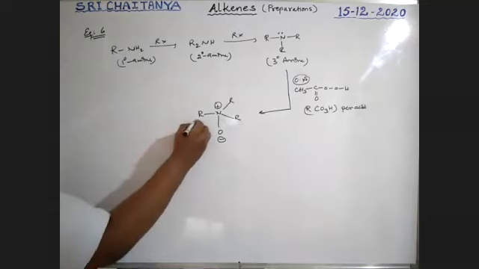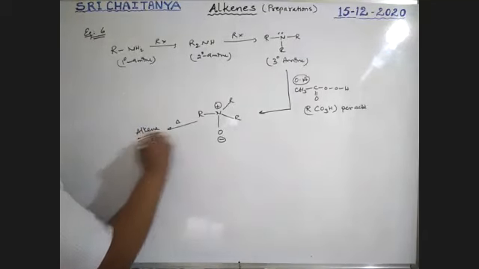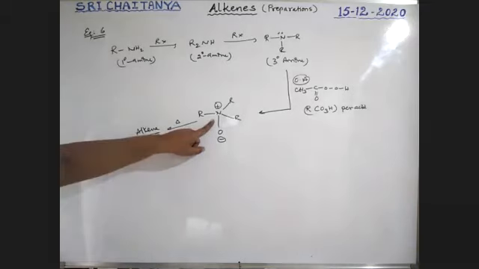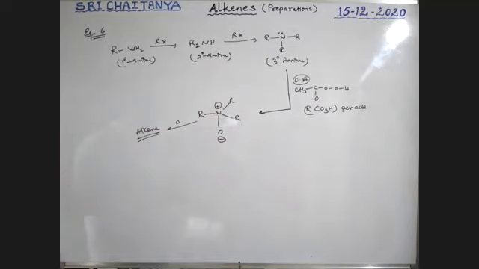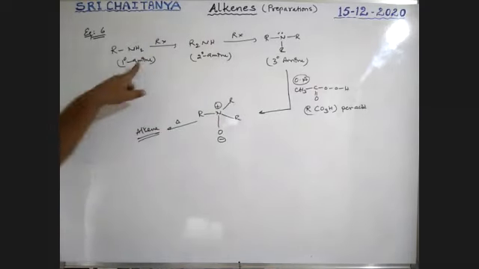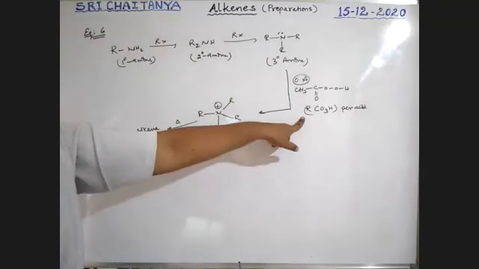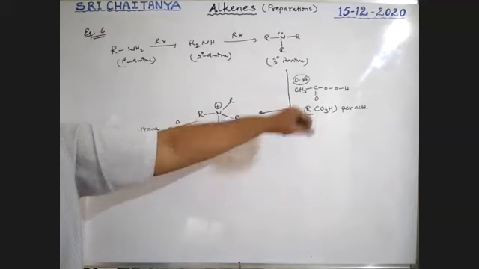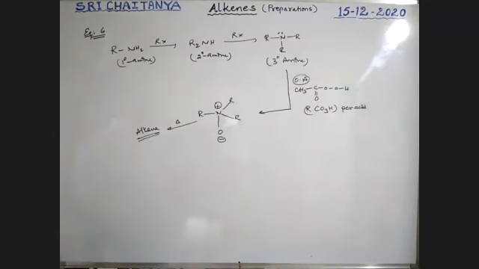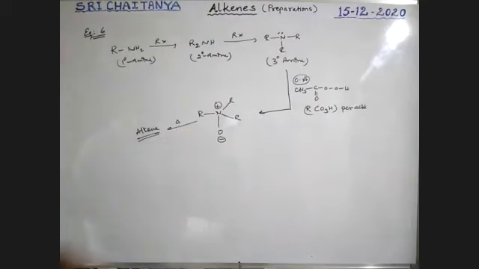So this on heating gives alkene. The alkene is the final product. So this is the way to prepare tertiary amine oxide. That means whenever primary, secondary, or tertiary amines are given to you, they react with oxidizing agents like alkyl peroxides, that is peracids. So that gives a tertiary amine oxide. That amine oxide on heating gives alkene.